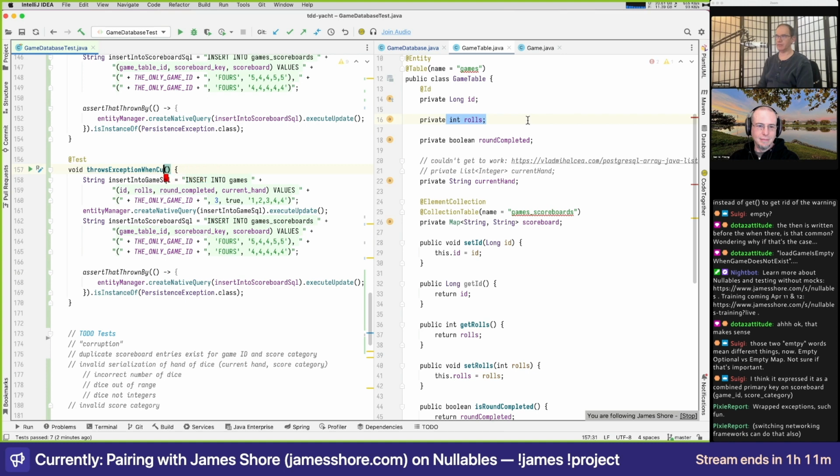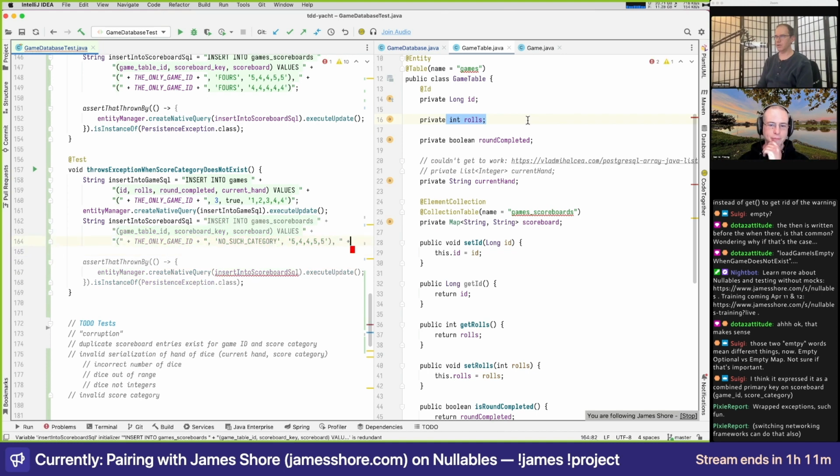But to start us off gradually, let's say that it throws an exception when the score category doesn't exist. Ah, right. I'm not sure what's going to happen here, so let's just run this and see what happens.